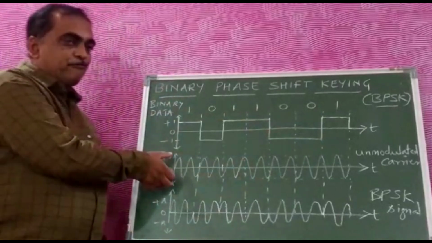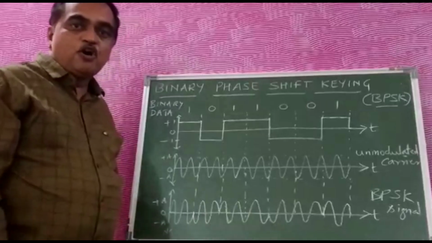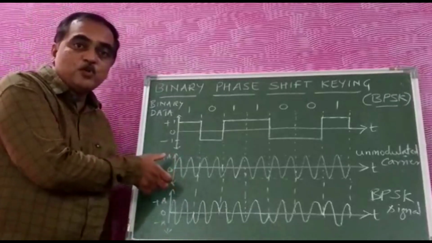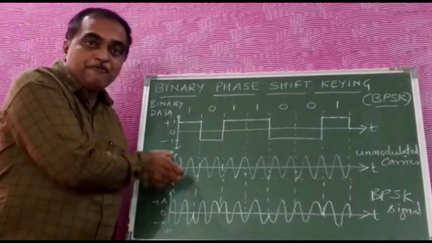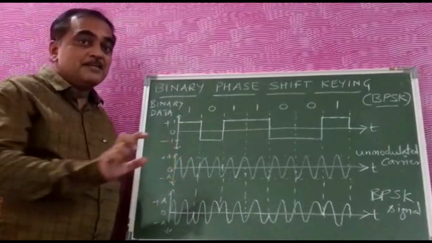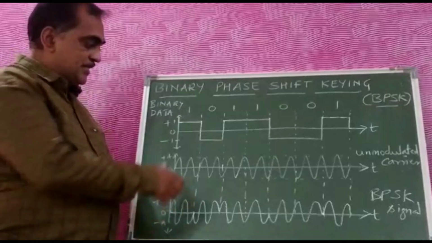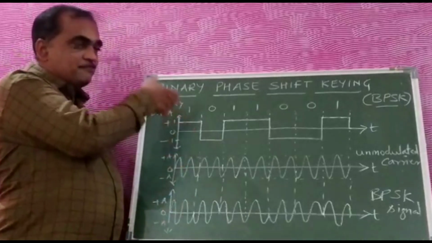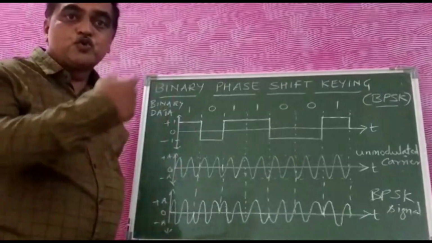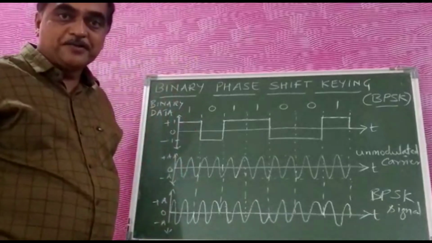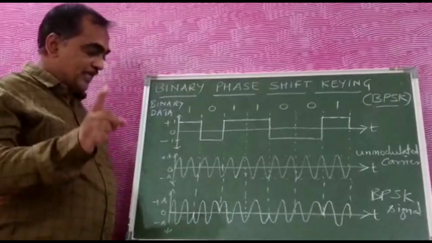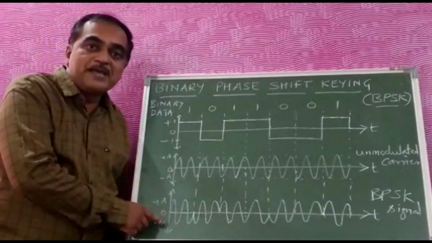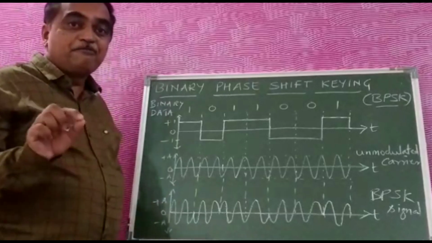The second waveform which I have shown is of an unmodulated carrier. That is, it has constant amplitude, frequency and phase. Nothing is changed. Now this carrier is going to take this information from one point to another for long distance communication. So in that case, if you see the last waveform, which is of a binary PSK, binary phase shift keying,